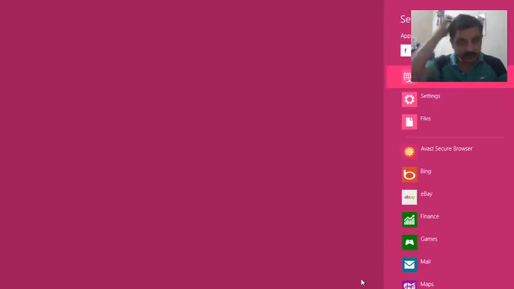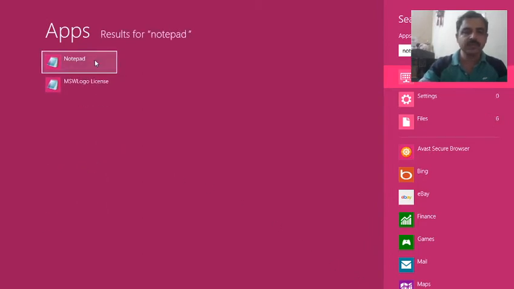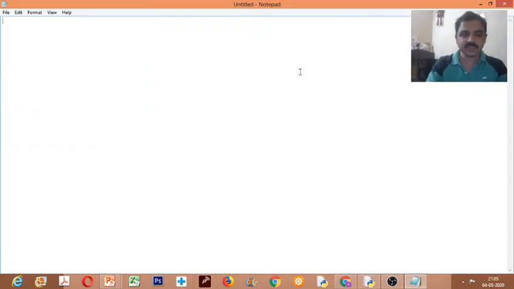I'll open Notepad. In Notepad, I'm writing serial number, comma, name, comma, age. In the next line, I'm writing serial number 1, Prakash, it's a name, then age 35.